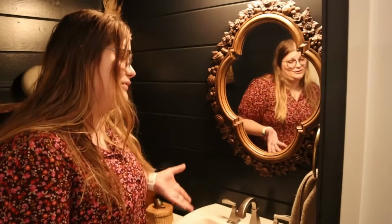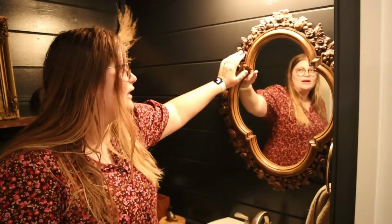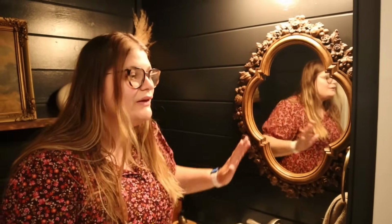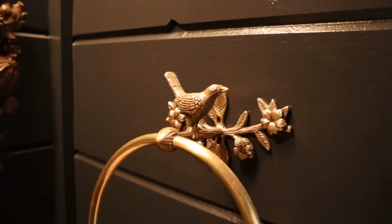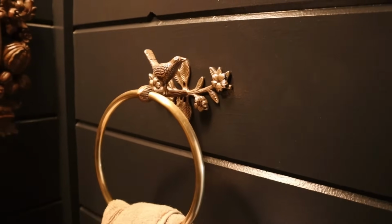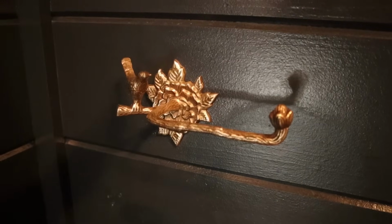It used to be a white circle and I hated it with all my heart, but this had so much character. It had the carved wooden flowers. And then I also did a little Anthropologie-looking touch. They didn't have a toilet paper holder or a towel ring in here, so I bought these gorgeous little golden bird ones. I think they tie in really well with the flowers around the mirror. And the whole thing is just a moody vibe, which looks fun and beautiful every time we go to the bathroom. And all of our guests, when they come, they always say something about the bathroom, which I love